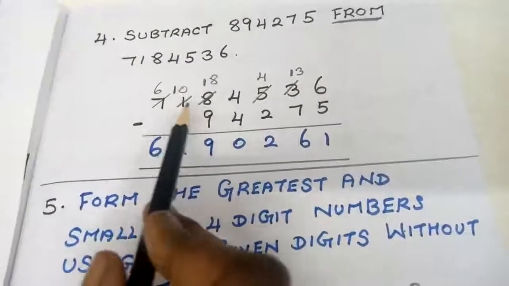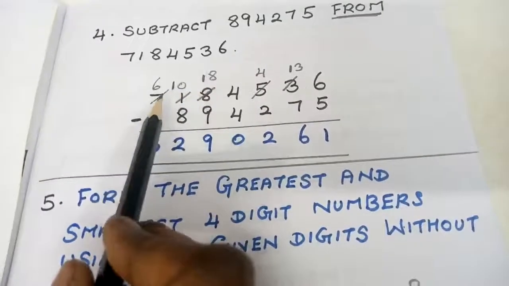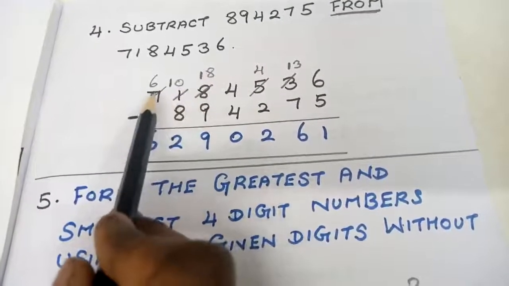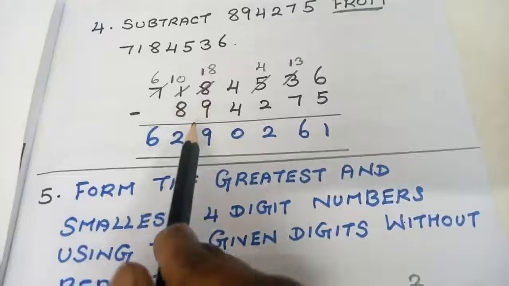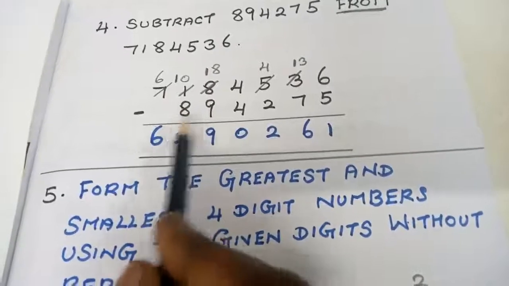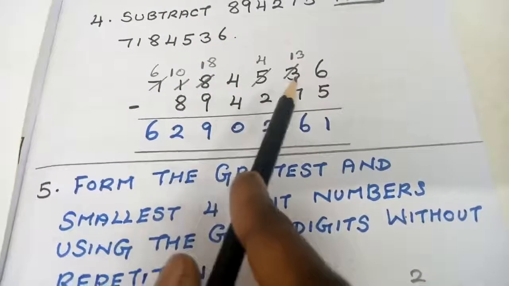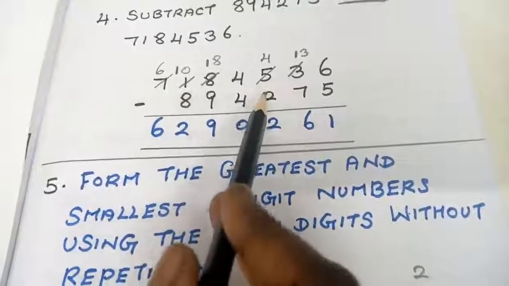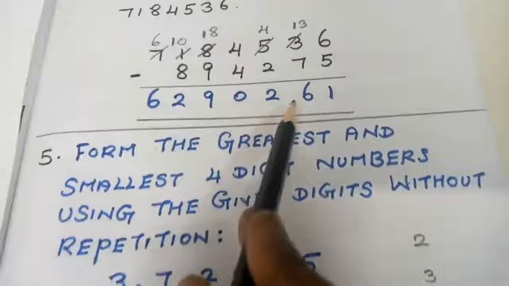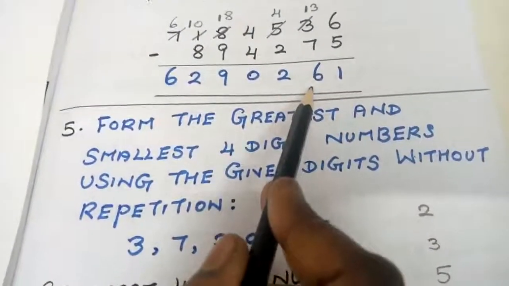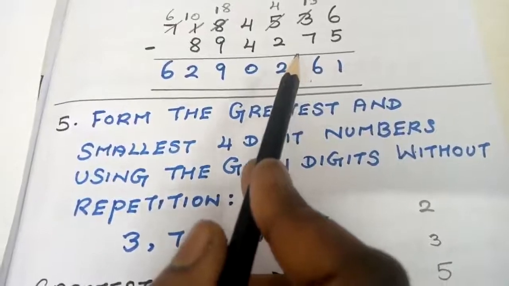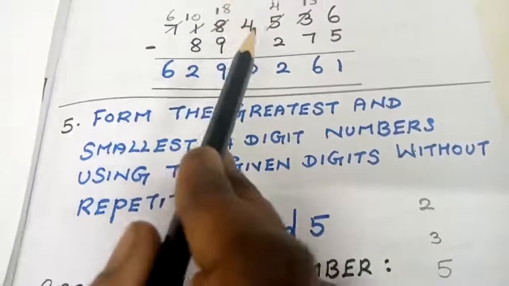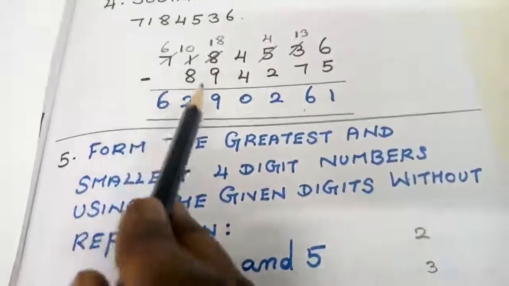You have to be careful while you are arranging the numbers. So you are going to arrange the numbers in a proper way. See how I have arranged the numbers here. After arranging, you have to cancel the terms in a proper way. You have to cancel the values. After cancelling, you will be getting the value in this way. Just to recall the meaning of subtraction in this model: from means second value minus first value.